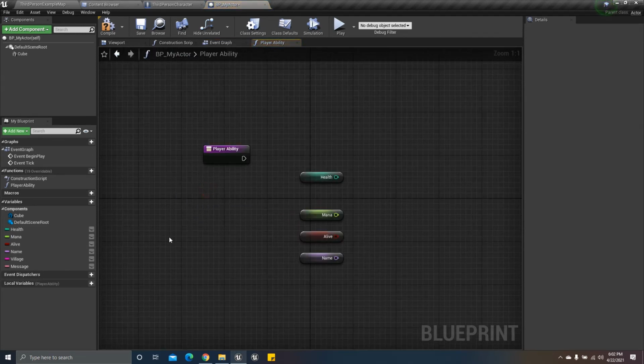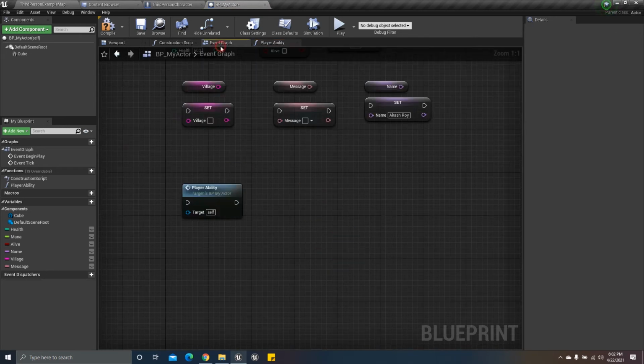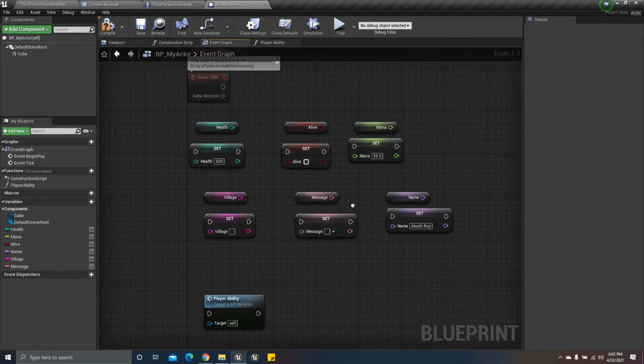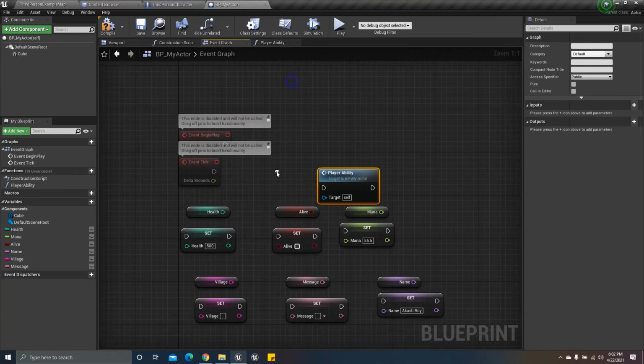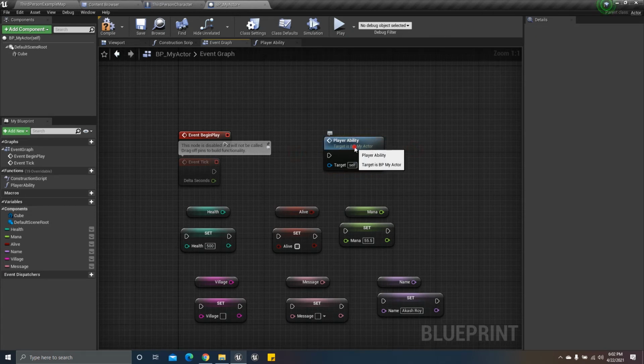When I double click on this player ability, it takes me to the function directly. This will save your space as well. If you want to connect with the event begin play, you just connect there directly. Otherwise you need to call the health, alive, mana and the name every time. That's very useful.